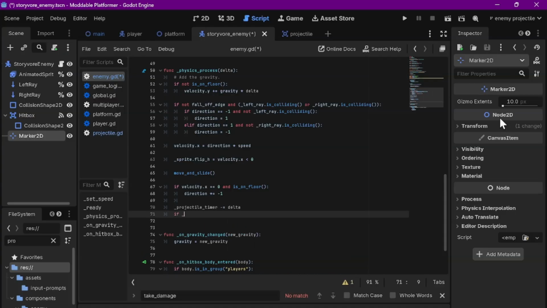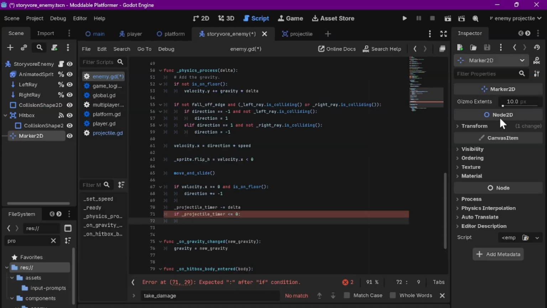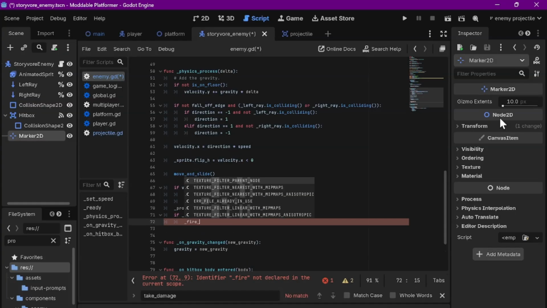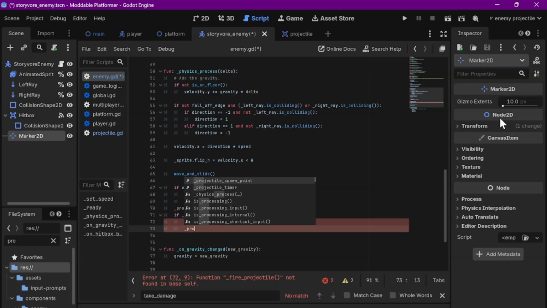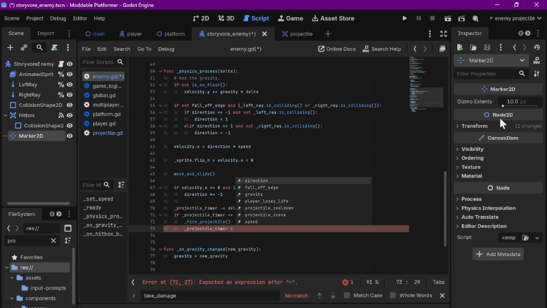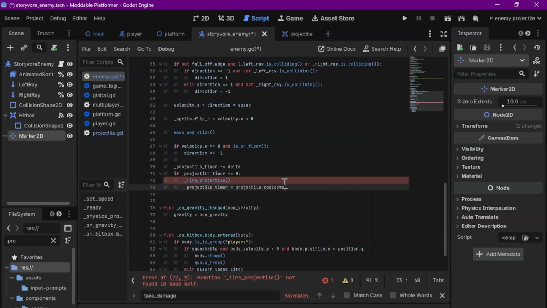And if our projectile timer is less than or equal to 0, that means that we will call fire projectile, which is a function we haven't made yet, so it's going to be a little mad at us, but that's okay. And we're also going to set our projectile timer back to our projectile cooldown, so we're going to reset the value of that. Now let's create our fire projectile